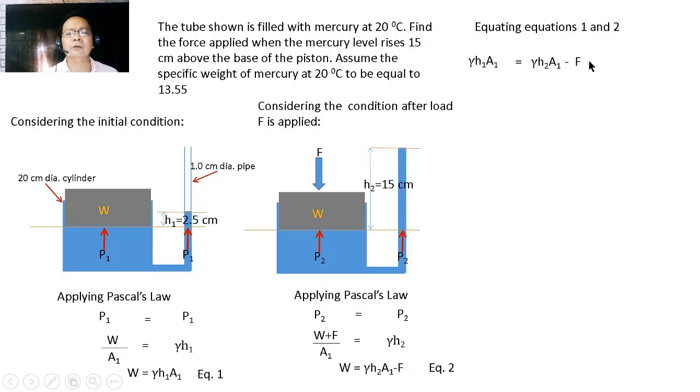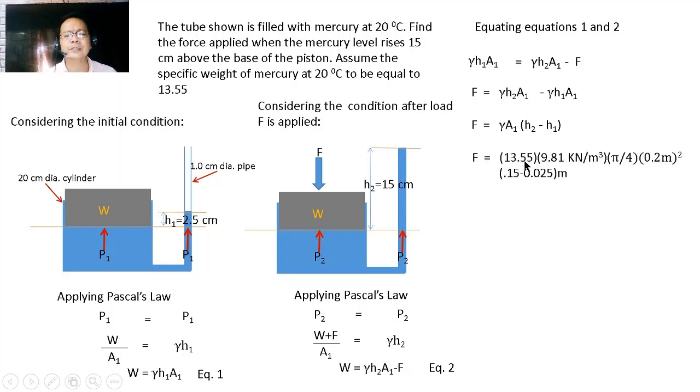And because we are looking for this F, we can simplify the equation so that F becomes equal to gamma H sub 2 multiplied by A sub 1 minus gamma H sub 1 multiplied by A sub 1. So from here, we can factor out common terms. Gamma and A sub 1 are common in both terms. So we can factor out that, so that this equation for F becomes equal to the product of gamma multiplied by A sub 1 multiplied by the difference between H sub 2 and H sub 1. And if we are going to substitute those values of gamma, cross-sectional area, and the heights, therefore our F becomes equal to